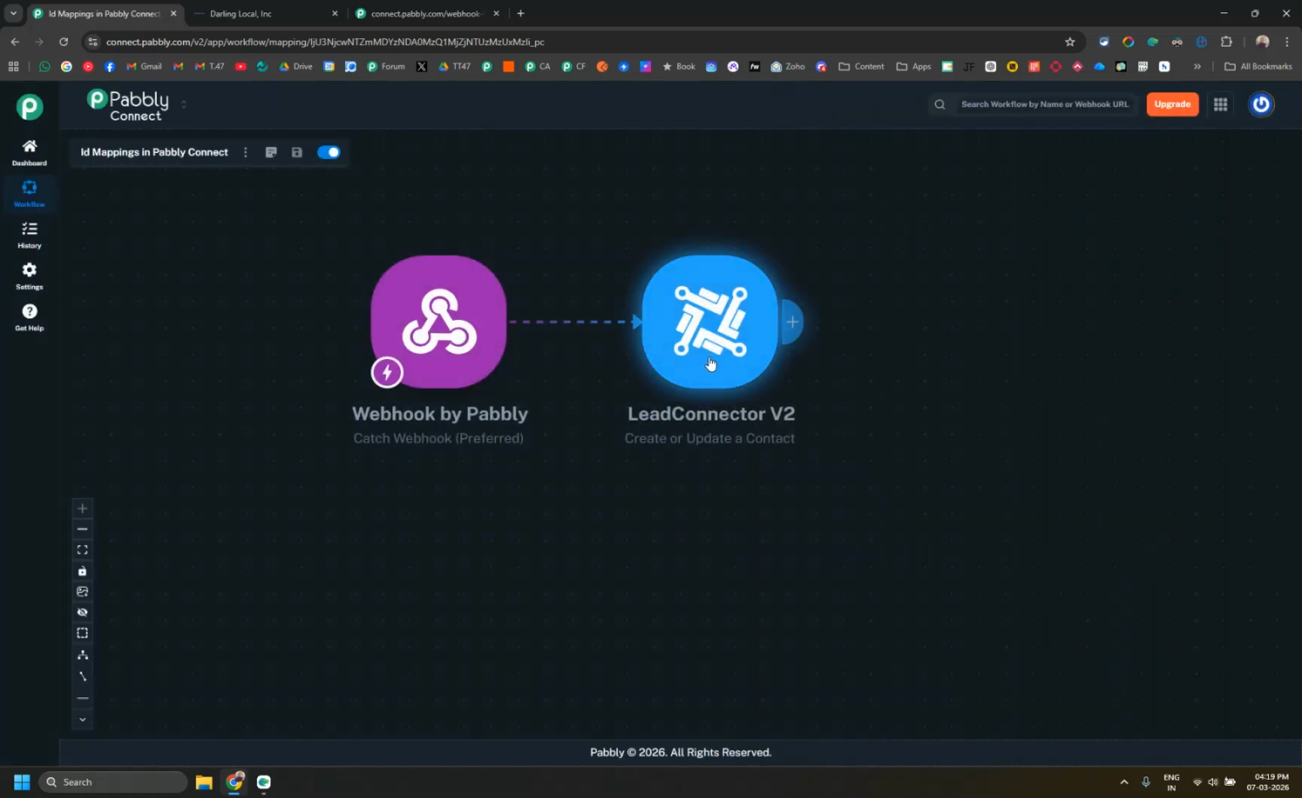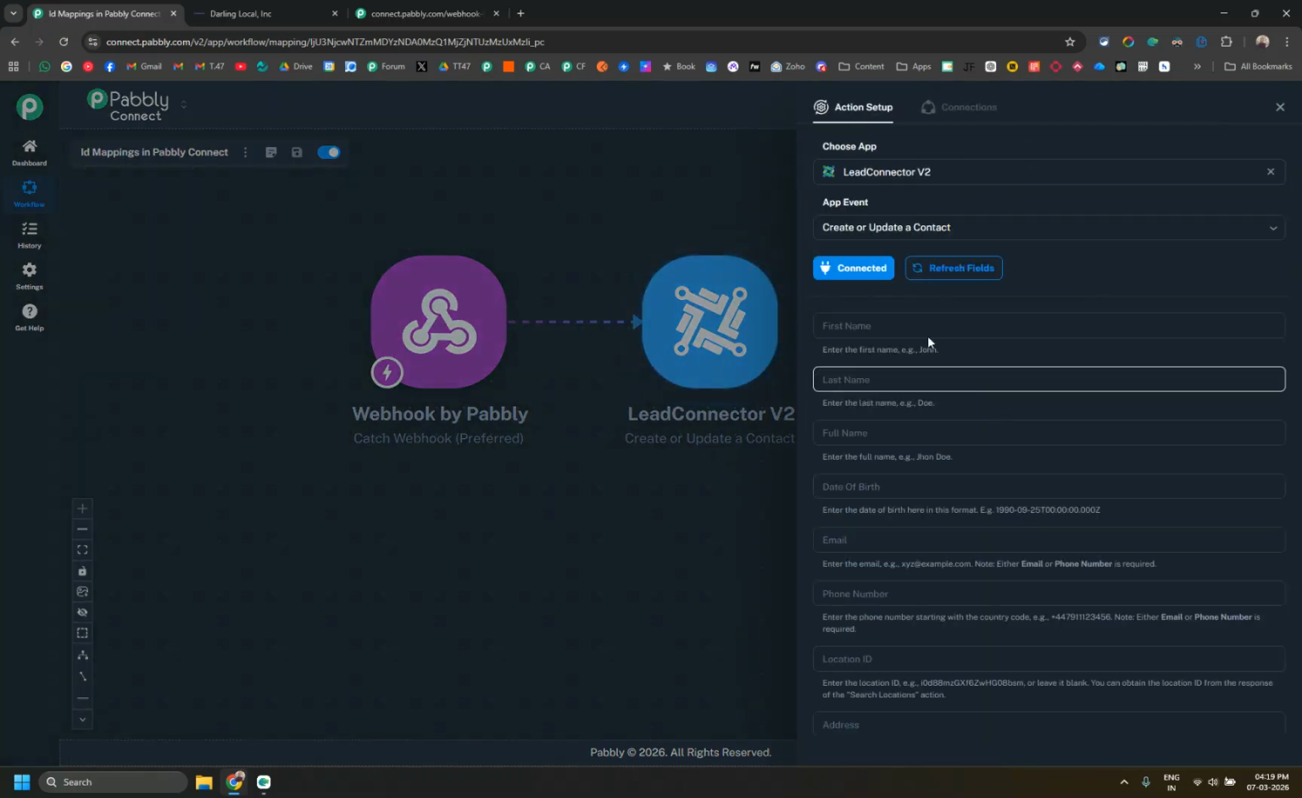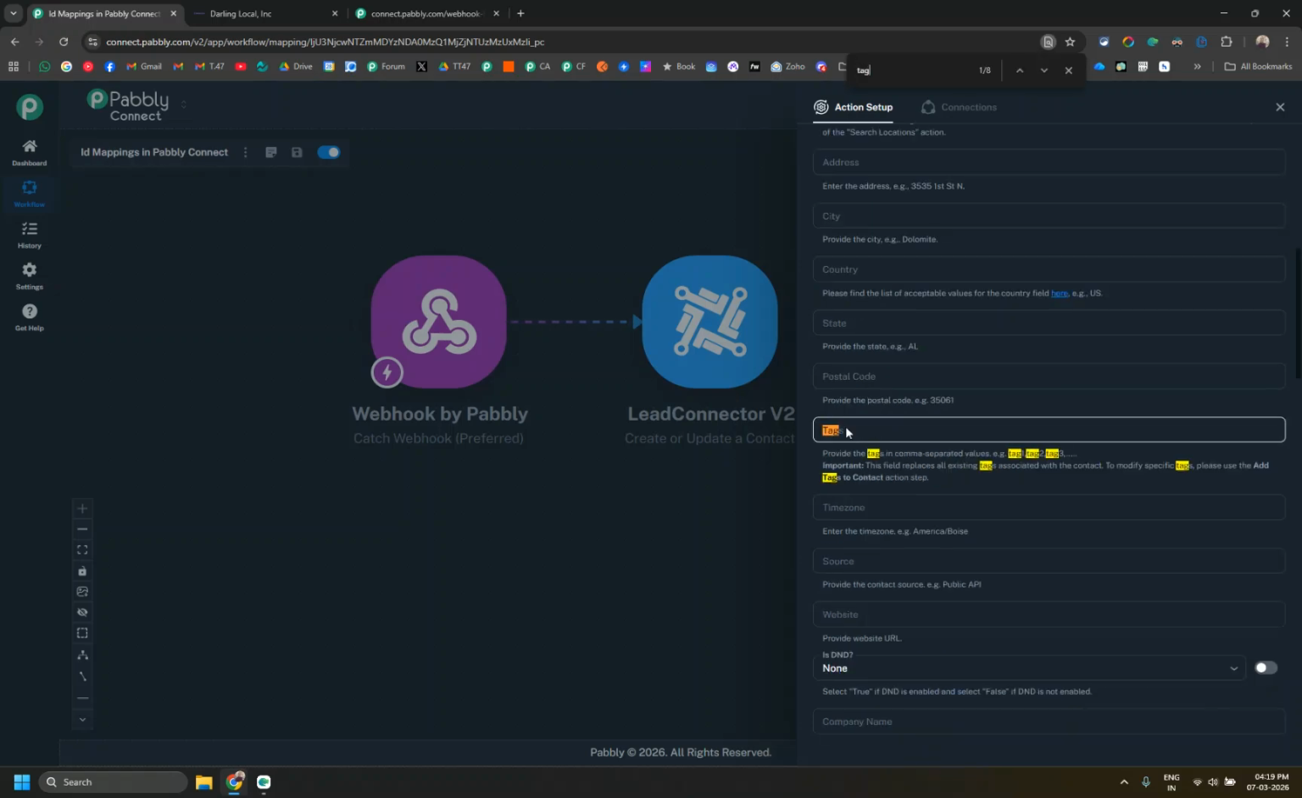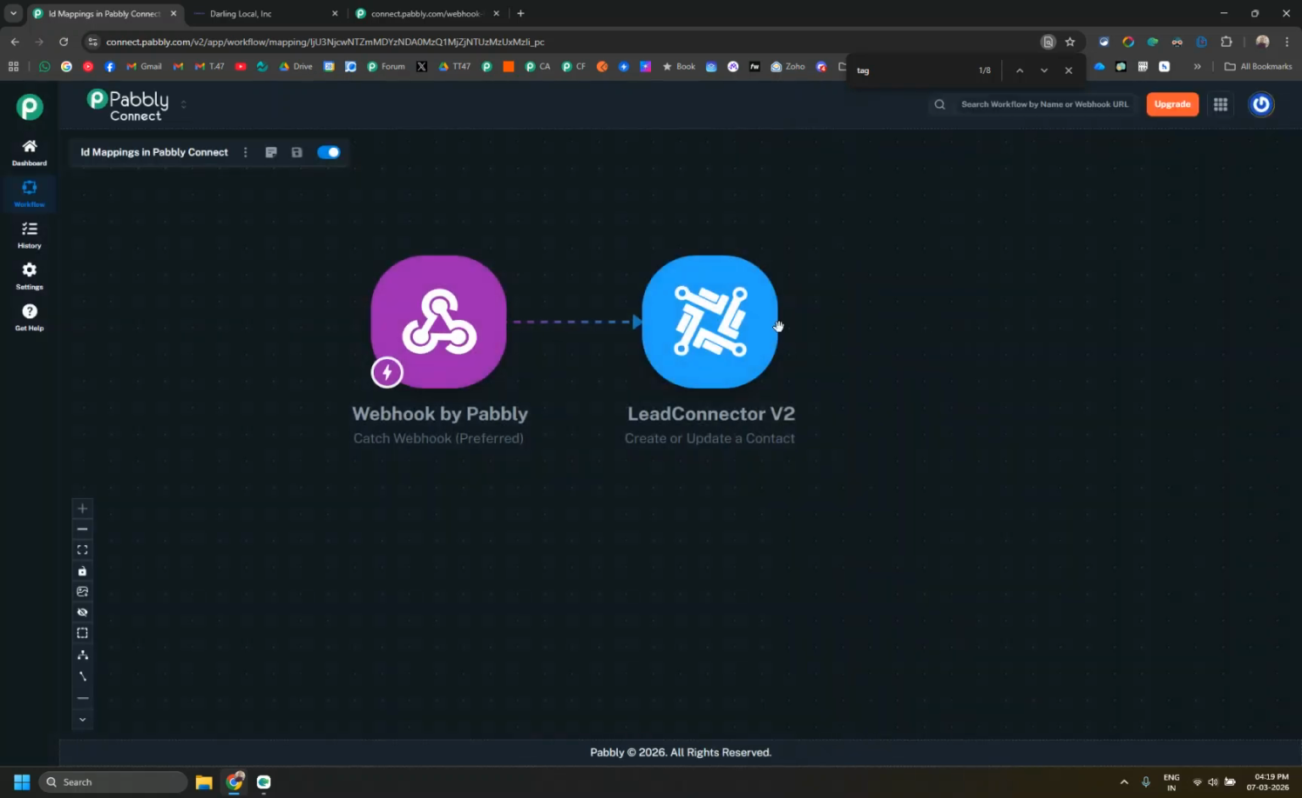And let's assume that now we want to apply a tag to this. Now you will think, okay, we can directly apply the tag here. Why not just do that right now? But the issue is, if this contact already exists in GHL and you try to pass tags in the create or update contact action, it will replace the existing tags for that particular contact, and we don't want that. That's why we have to use